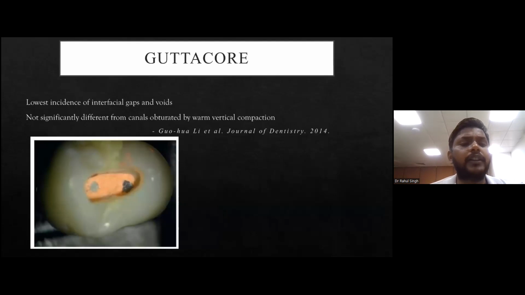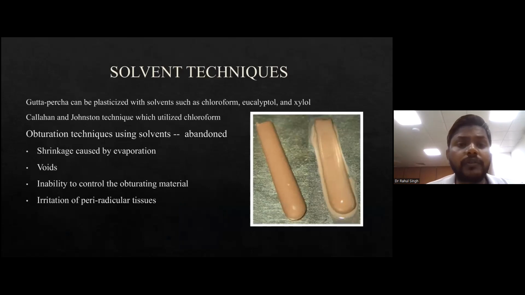So this is the gutta core only. Lowest incidence of interfacial gaps and voids are really less, and not significantly different from canals obturated with warm vertical compaction. We can also use solvent techniques